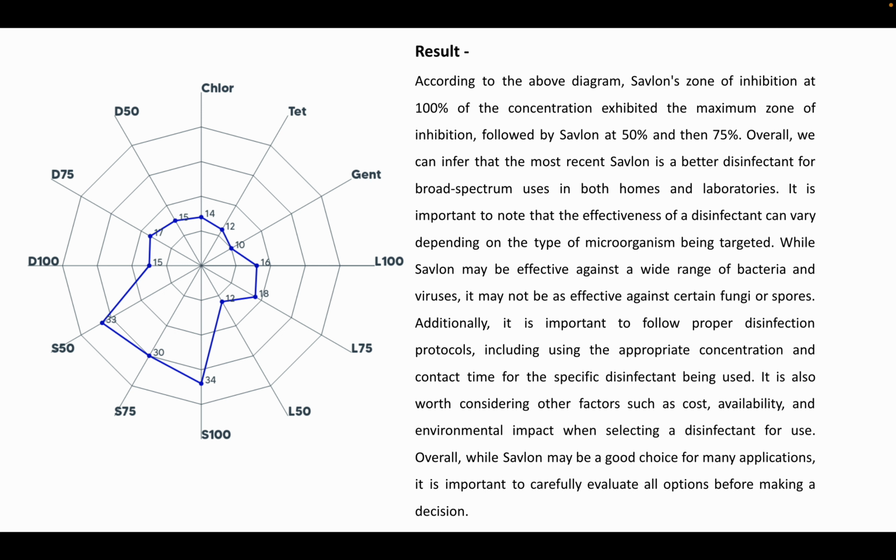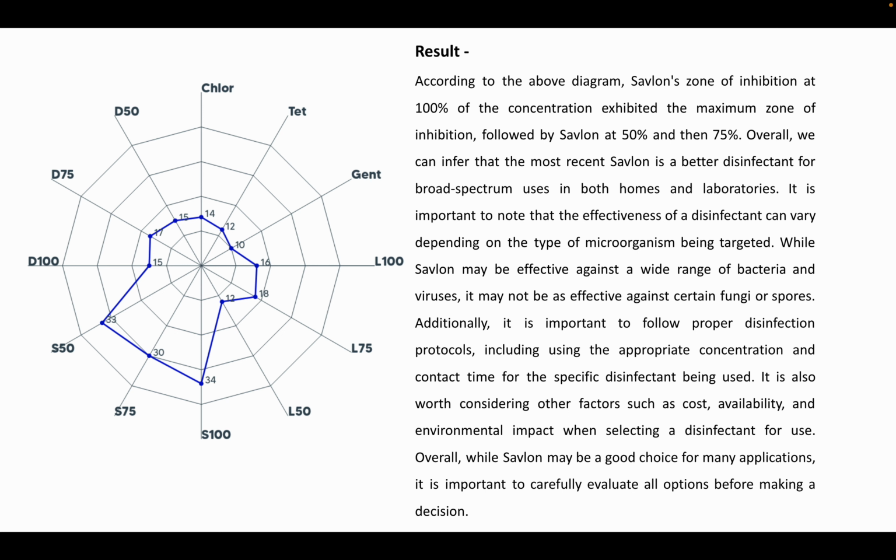Savlon at 100% of the concentration exhibited maximum zone of inhibition, followed by Savlon at 50% and 75%. Overall, we can infer that Savlon is a better disinfectant for broad spectrum uses in both homes and laboratories. It is important to note that the effectiveness of a disinfectant can vary depending on the type of microorganism it is being used upon. It is also worth considering factors such as cost, availability, and environmental impact when selecting